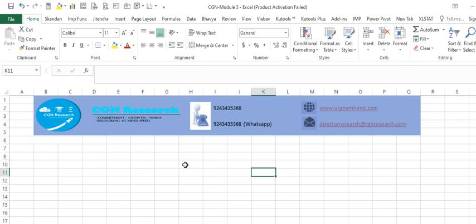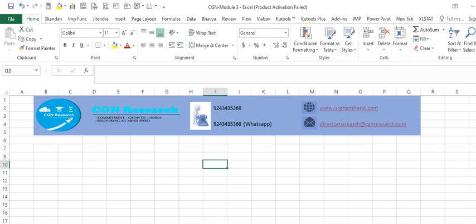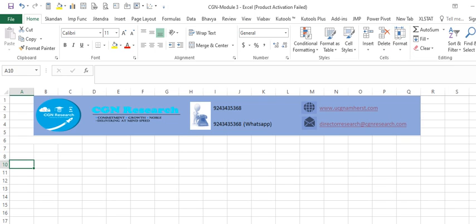So when you go back, you can just say unhide the row. So you can unhide rows. So this is how you would be able to do the whole process, and that's the whole process.